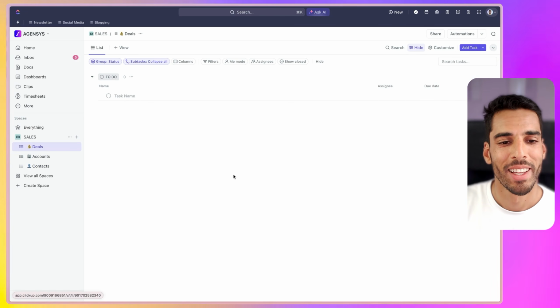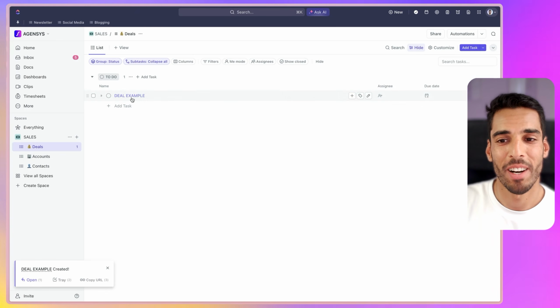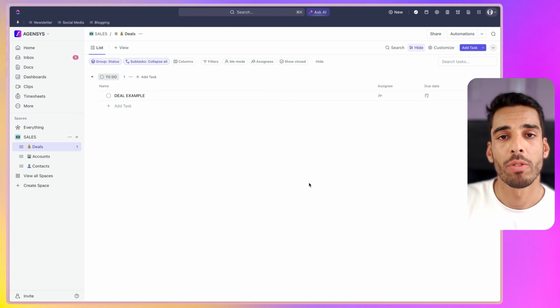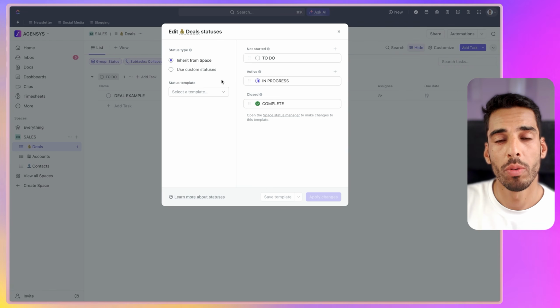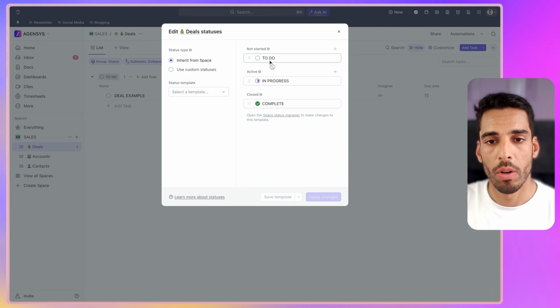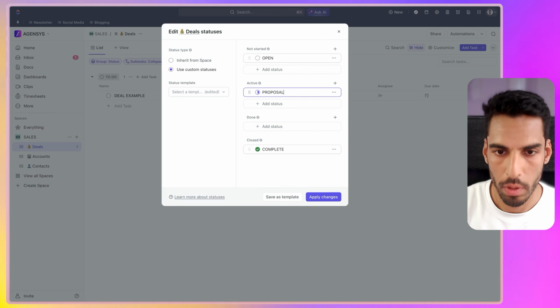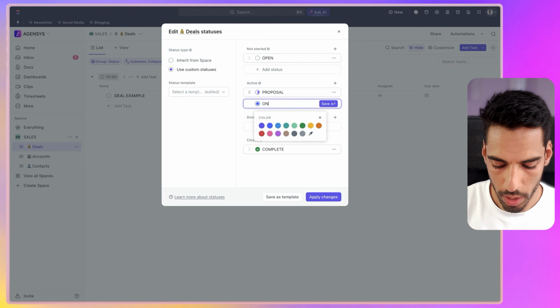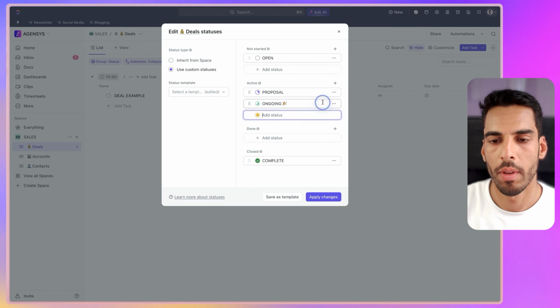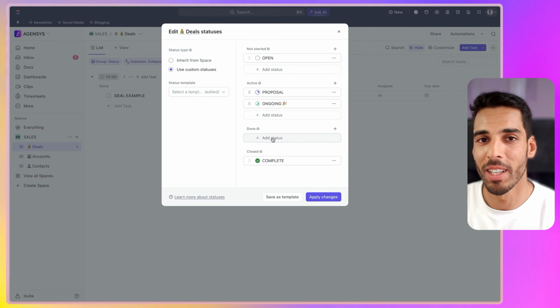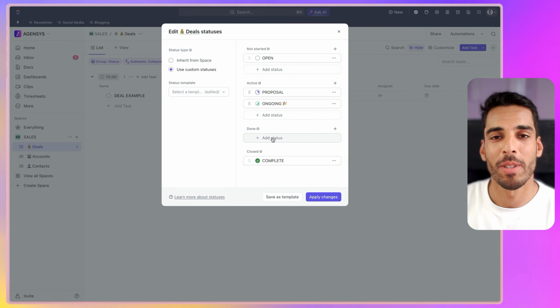Getting back into my deals, I'm gonna create the information I need for my deals. We're gonna create a deal example. This is our first deal. And then you're gonna ask yourself which information I need to track. This is basics for your deals. You probably need to track the status of that deal. I'm gonna create a new template based on your sales pipeline. So a deal usually starts with open, then it goes into proposal, then it might be won and ongoing. You can add an emoji if you want to, save it, and then it's gonna be complete. Unfortunately, we also need to cover the situation where the deal is lost, which I hope happens the least possible for you.